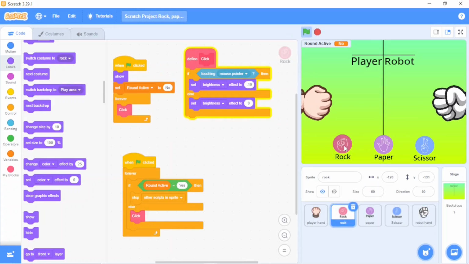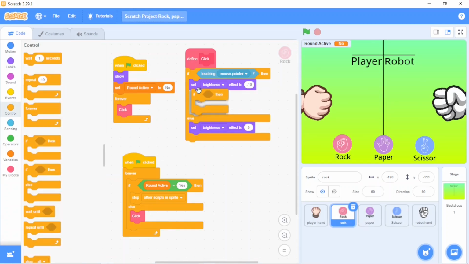When the mouse pointer is touching the rock, the set brightness effect to -10 is working, but not on paper and scissors because we didn't put the code in paper and scissors till now. First we will complete the rock's coding, and after that we will move to paper and scissors.